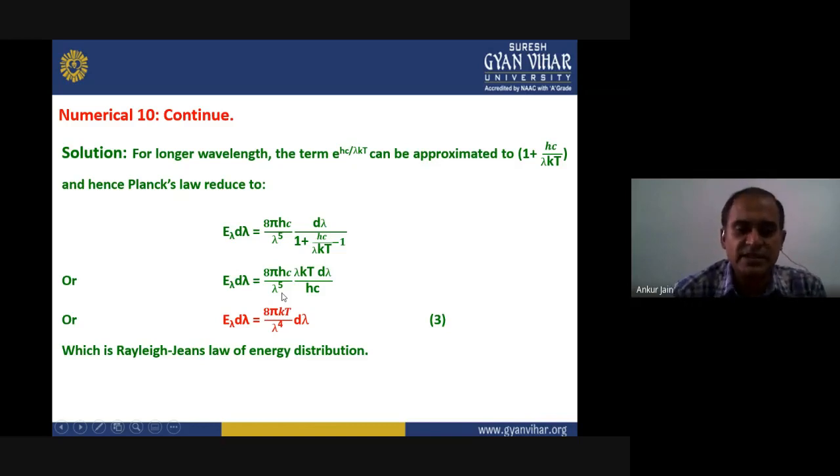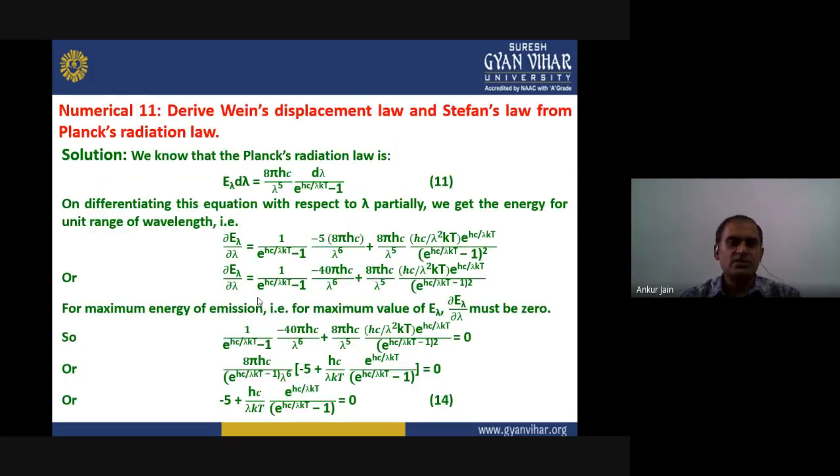Now the final expression will become E lambda d lambda equals 8 pi kT divided by lambda to the power 4 into d lambda, and this is the Rayleigh-Jeans law of energy distribution. So we have seen that both of the laws, Wien's law and Rayleigh-Jeans law, can be derived from Planck's law. Now let us go to the next question, which says: derive Wien's displacement law and Stefan's law from Planck's